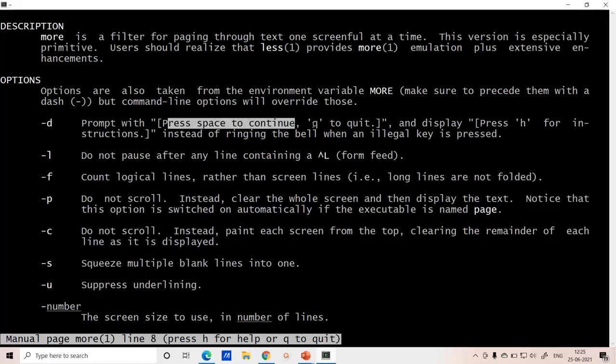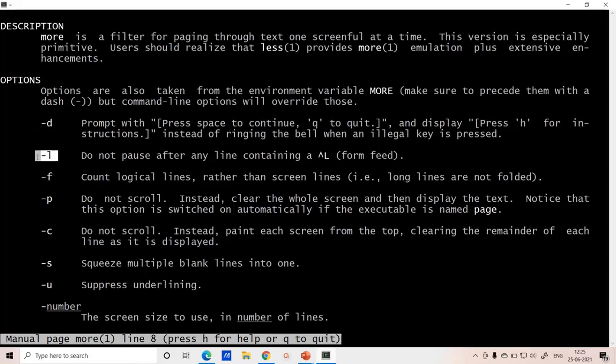Whenever you want to quit, in that case we'll be using space or q, and it is going to display something called h. So instead of giving a bell sound or any other message, if you want to give some specific information, in that case we'll be using hyphen d.